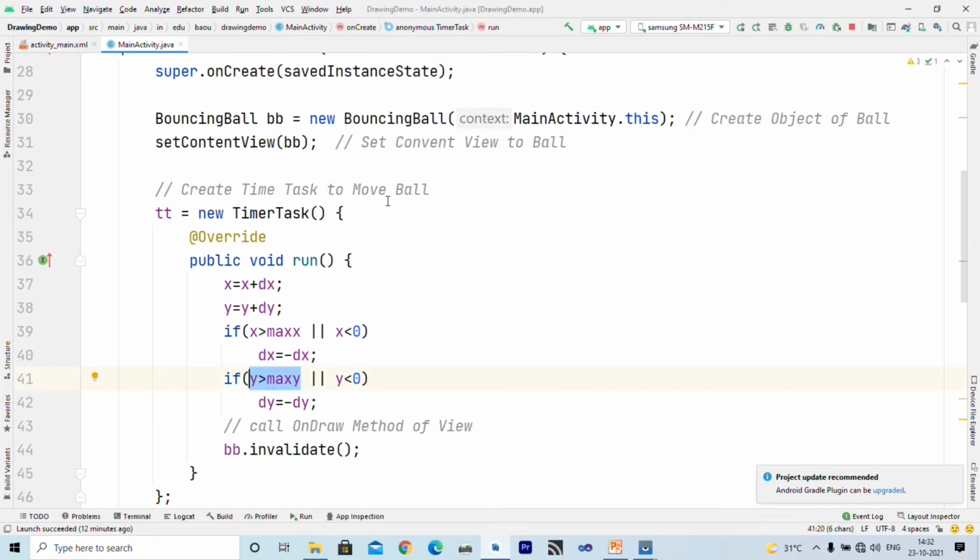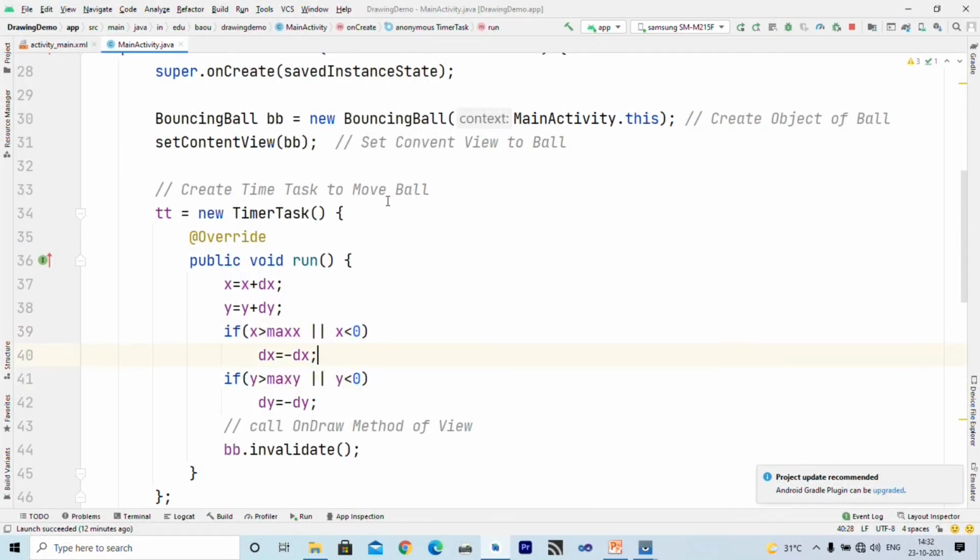So now y is changed to minus 5 and again the direction is changed. If it reaches less than 0, then minus minus becomes plus, so again it becomes positive. So when this condition is met, dx becomes negative, and when this other condition is met, dx again becomes positive. So using these conditions we can change the direction of the ball.